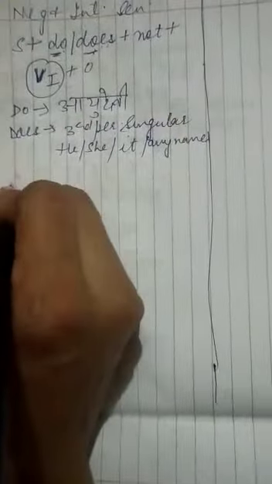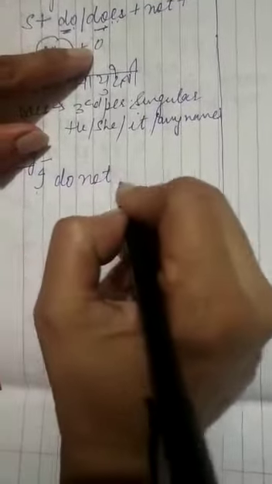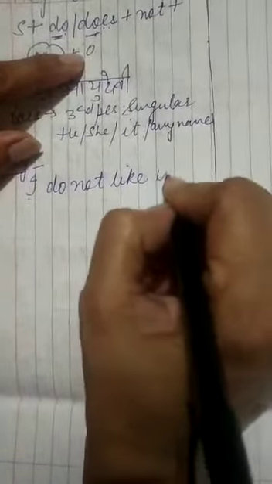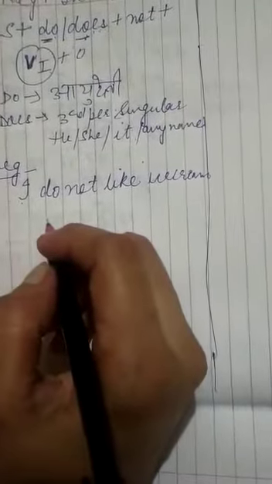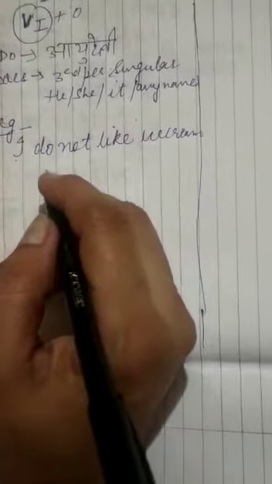So it was I like ice cream. If I want to change it into negative, according to this rule, it will be I. Since the subject is I, so we will use do with it. I do not like ice cream. Very simple it is, children, and you have learnt it from your junior classes. So it's a revision, you can say. And if you have any doubts in between, you can please ask me. Don't hesitate to call me.